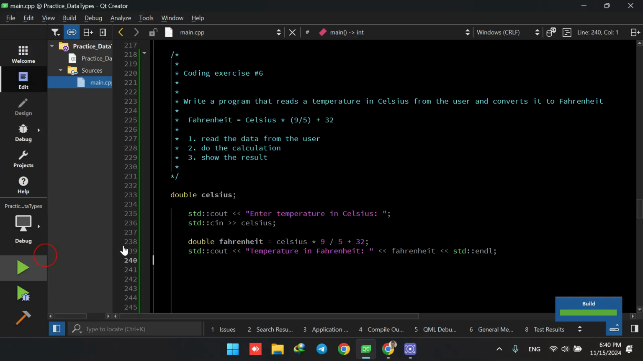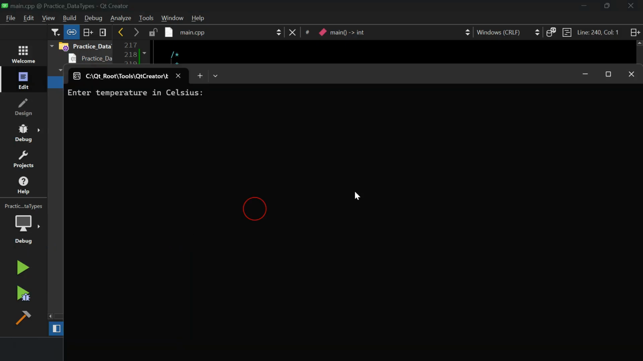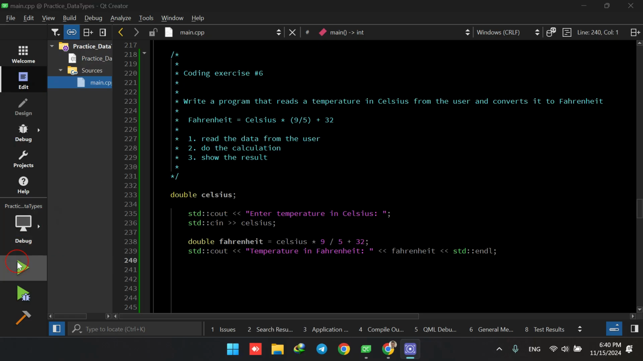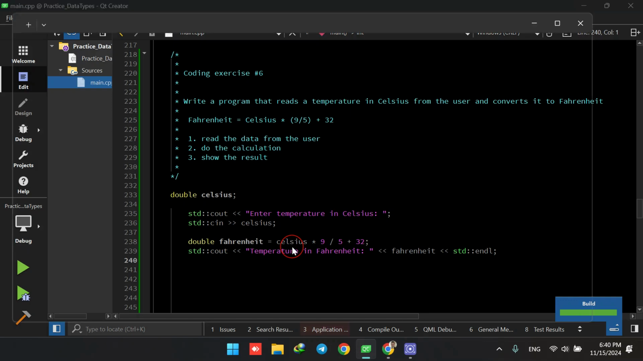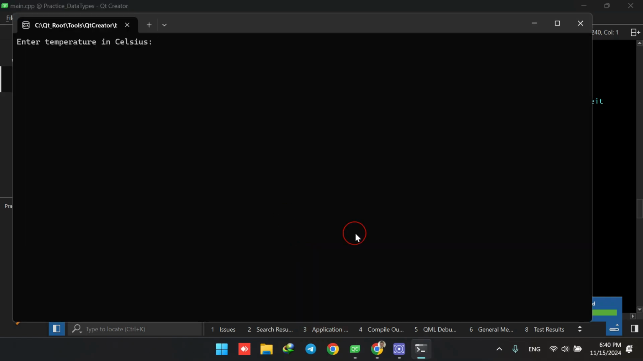So let's try this. Let's say 25. So 25 degrees in Celsius would be 77 in Fahrenheit. So let's try it again. So here we have like 12.5. So the degree in Fahrenheit would be